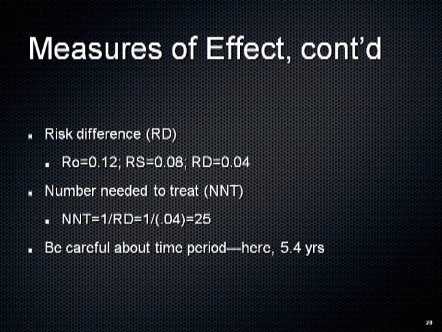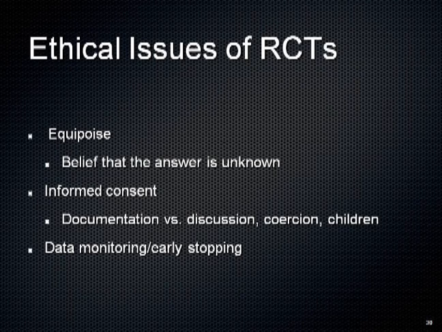The risk difference is the absolute difference, which is 0.04. There's a 4% absolute difference in mortality at 5 years. Not trivial, but not as immense as 33 or 67%. And then there's the number needed to treat, which arises directly from the risk difference, which is 25. So 25 patients have to be treated for you to get 1 patient still alive at a median of 5.4 years. So be careful when you're thinking about the time period, 5.4 years. If that were 50 years to get that sort of number needed to treat, the cost and benefit analysis would change.